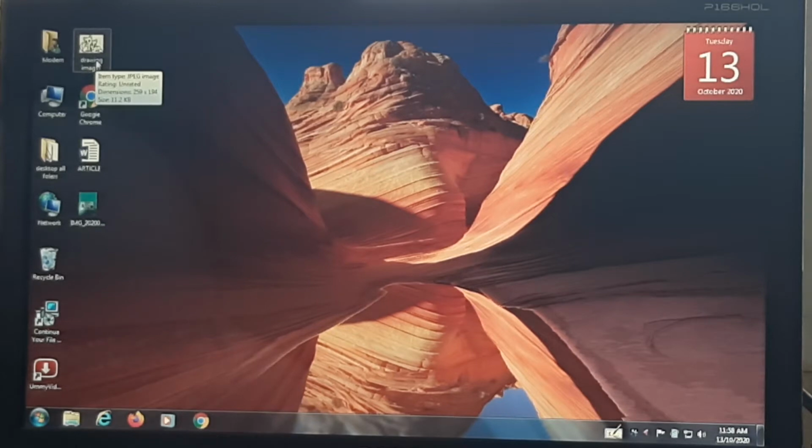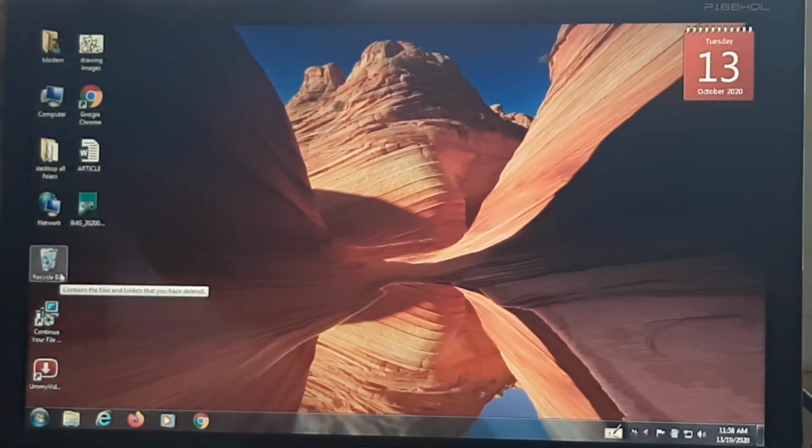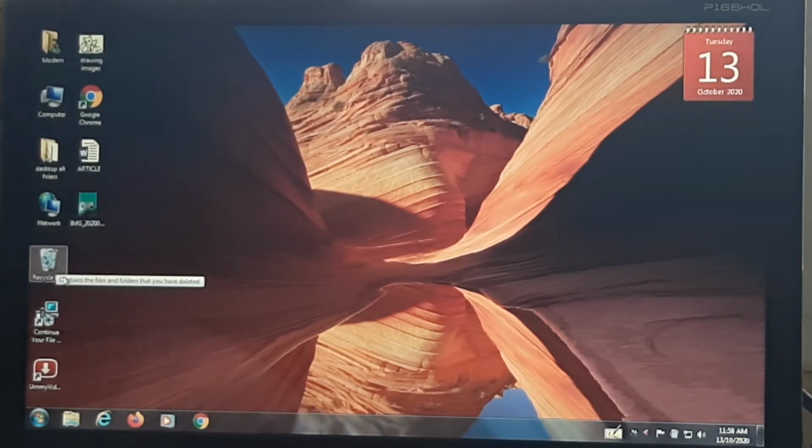And see here, the many icons are there: the computer, the network, and here one icon is the recycle bin. This recycle bin is the dustbin of the computer, which contains deleted files.